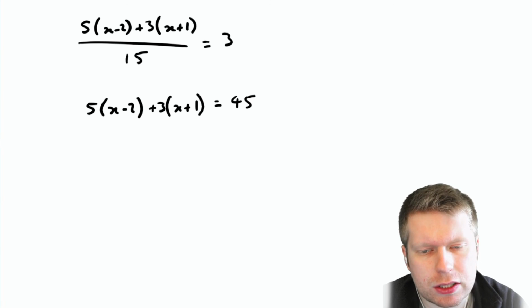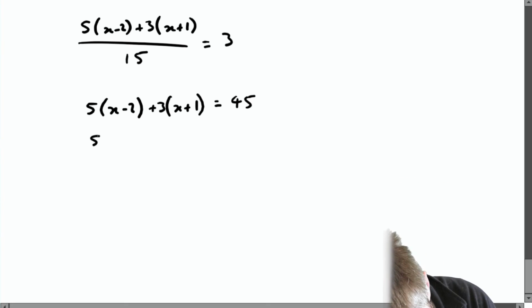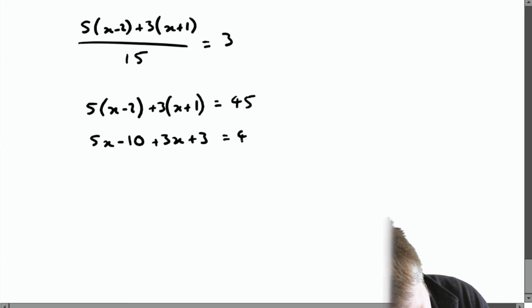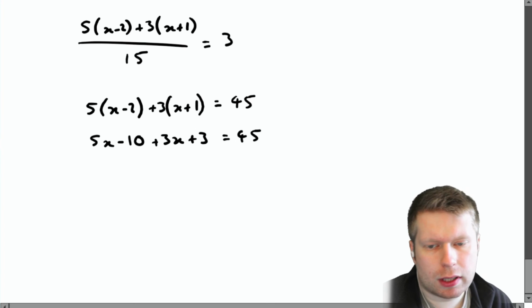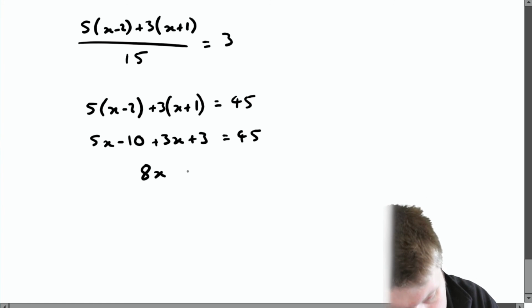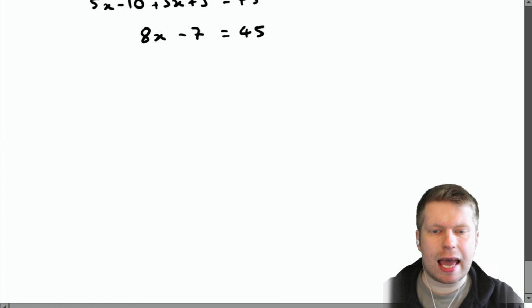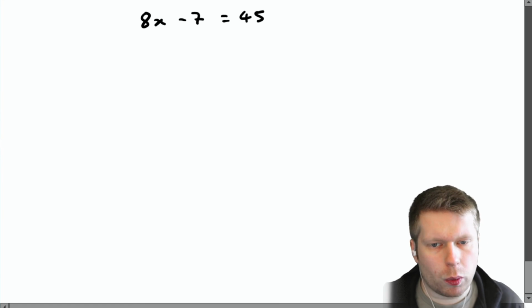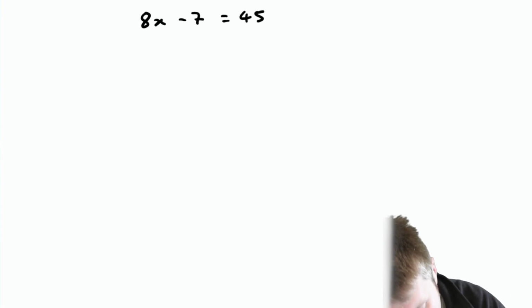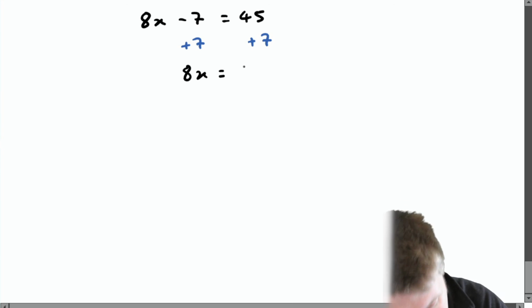It looks very similar to the last example we've been looking at. So I'm just going to multiply this left-hand side out. So I've got 5x minus 10 plus 3x plus 3 equals 45. I'm going to collect together the like terms on the left-hand side. So 5x plus 3x is 8x, and negative 10 plus 3 is negative 7, is equal to 45. Now this is exactly the same as the example that we had maybe a couple of questions ago. So first things first, I'm going to add 7 to both sides of this equation here. So I'm going to end up with 8x on this side, 45 plus 7, that's going to give me 52